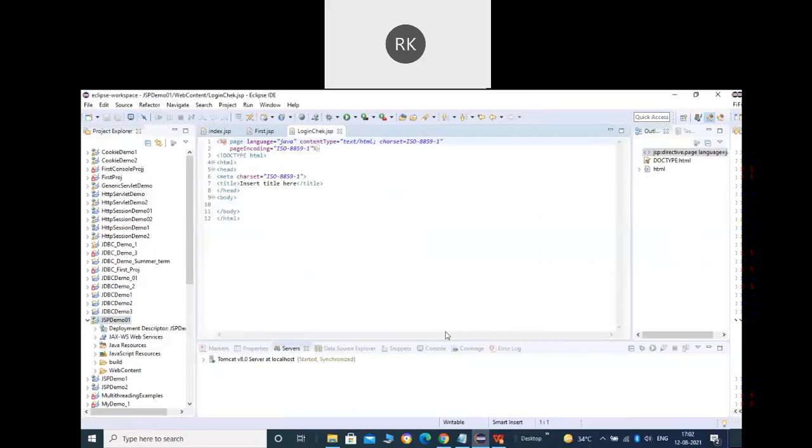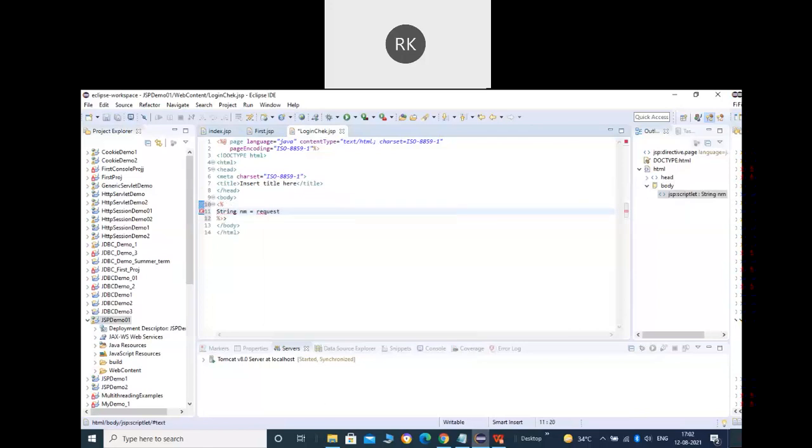If you click on the login button, it will take you to the loginCheck.jsp page. This is a new page that needs to be created. Right click, go to JSP file, and create loginCheck.jsp. You can get the values of the T1 and T2 text fields and check accordingly; if they are correct, take the user to the home page.